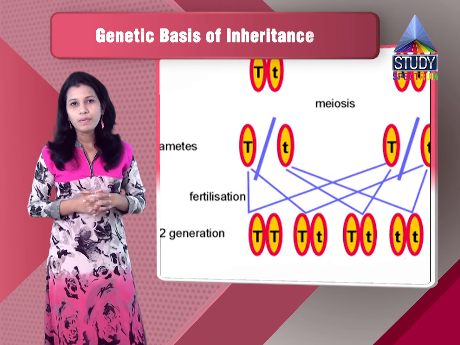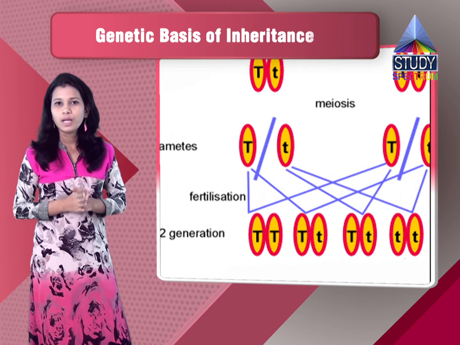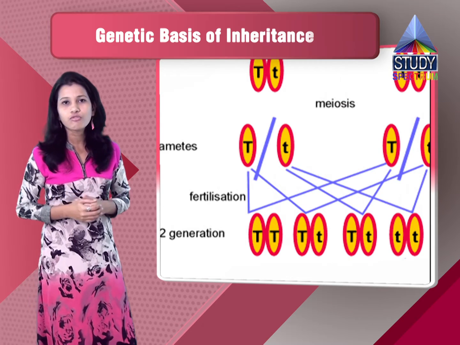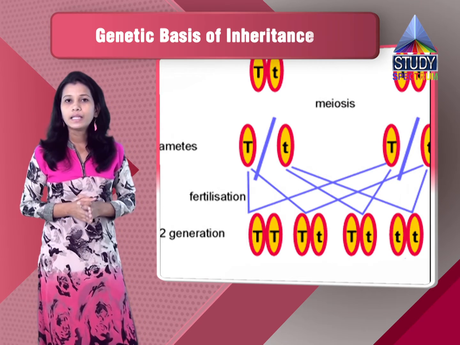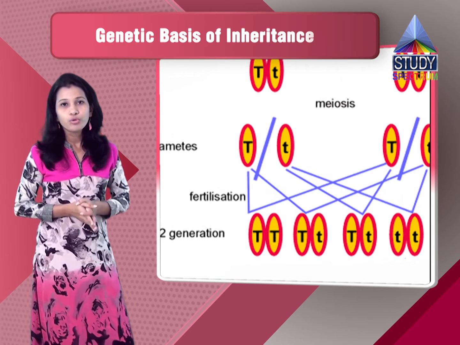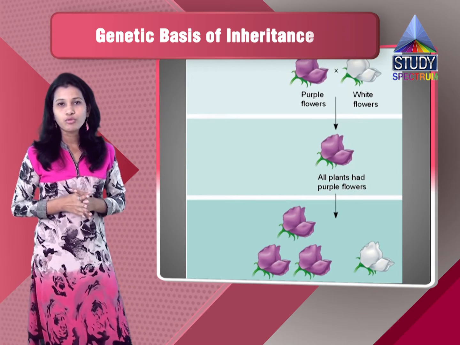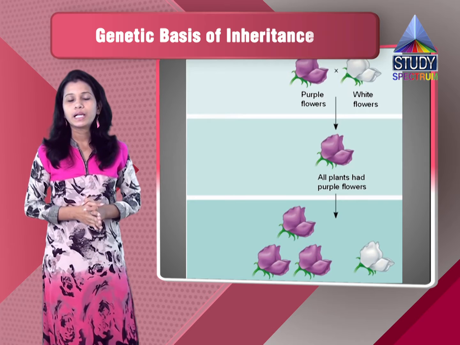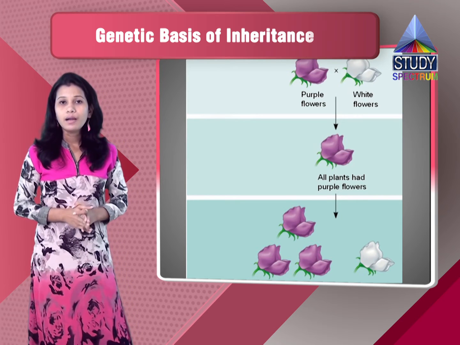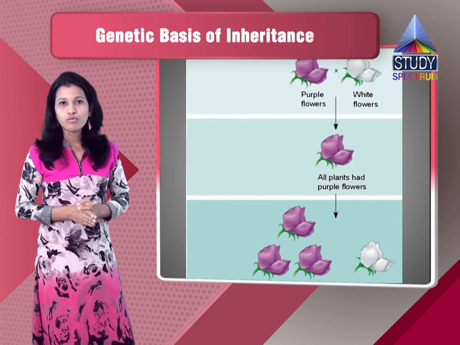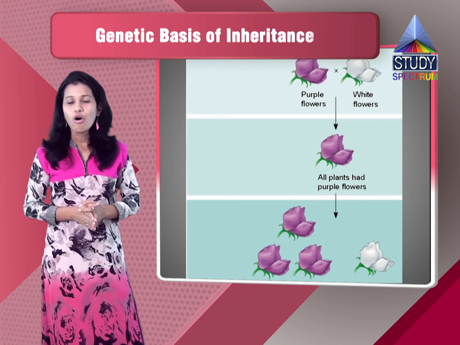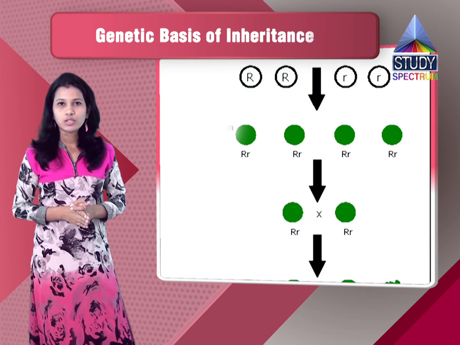So using the probability box, he has found that there are possibilities of getting many different types, and based on the monohybrid cross, he has come to the conclusion that there is a dominant character and a recessive character, and he has also made two laws out of the monohybrid cross, that is the law of dominance and law of independent assortment.